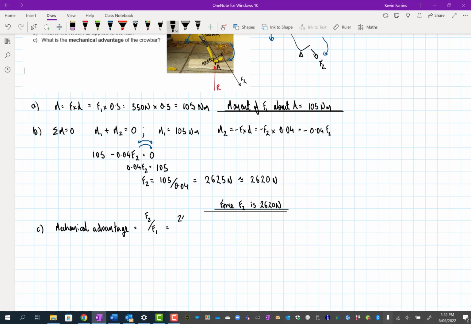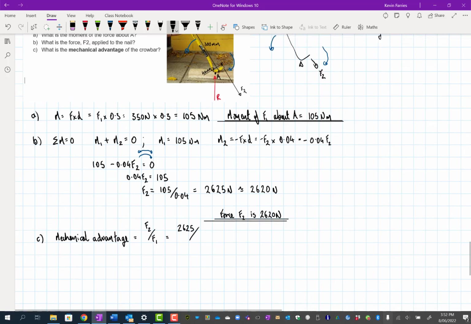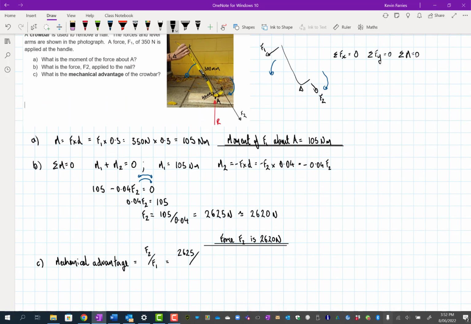I'll keep the answer to 4 significant figures in this calc, and then I'll round it to 3 at the end. 2625 divided by our initial force, F1 was 350 newtons, divided by 350, which is equal to,